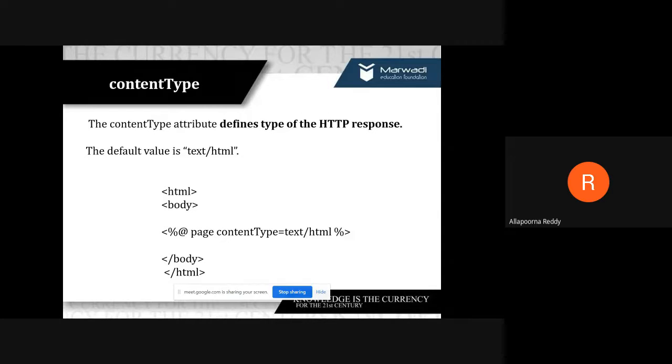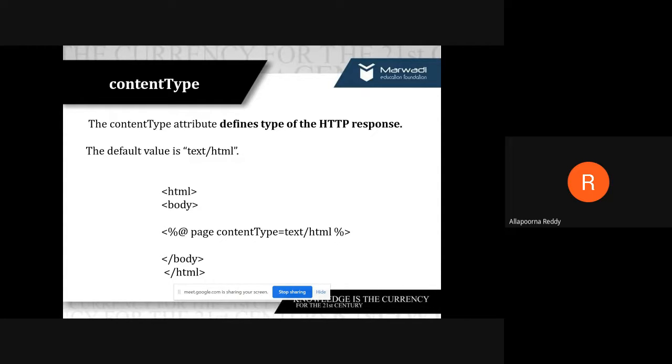Next, coming to content type. Whenever you are passing content, there are different types of content we can pass, maybe general text content, HTML content, or XML content, or content which is going to be used in your programming.